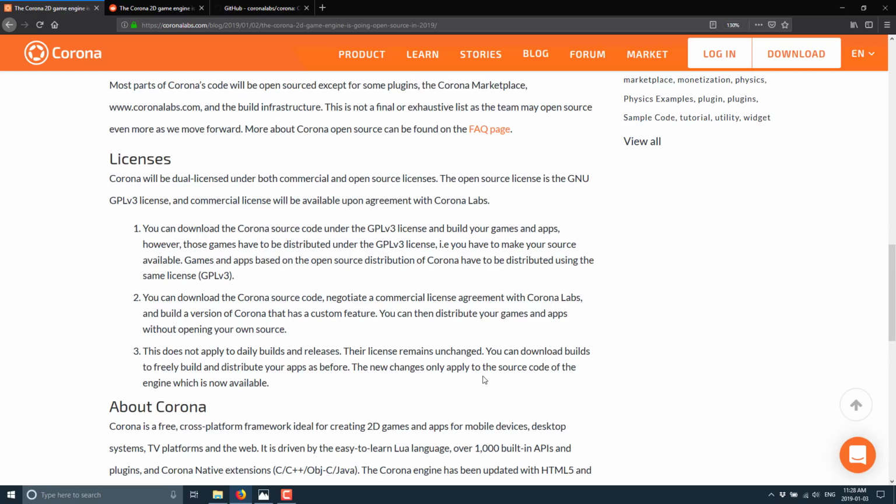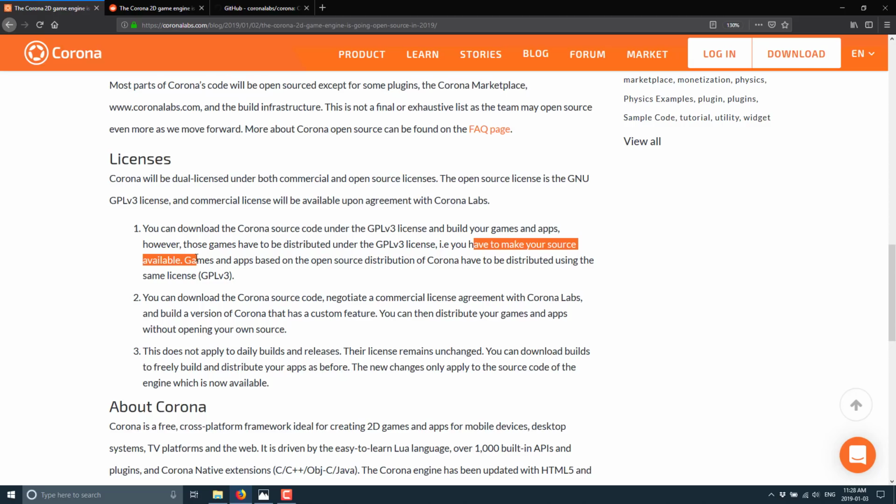So basically what it boils down to, and they sum it up perfectly right here, you have to make your source available. So if you use their source code to develop a game, even if you don't change their source code, you therefore have to make your source code available to everybody. You can still sell your project, but all your source code needs to be made available. So that means in a world of asset flipping, there's going to be another version of your game out there within a week. And that's just kind of the downside of forcing open source in the world of game development.